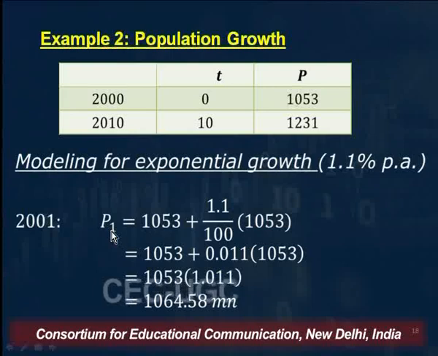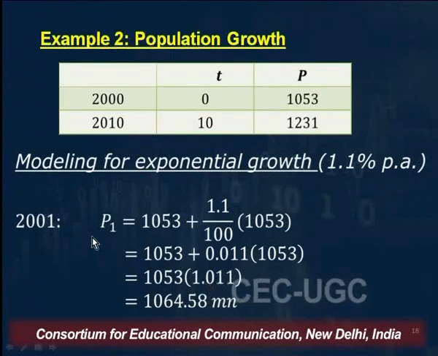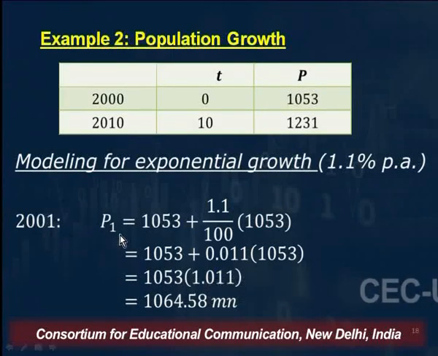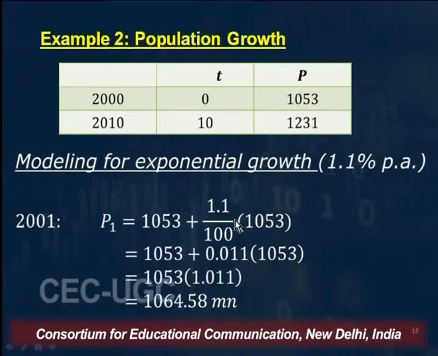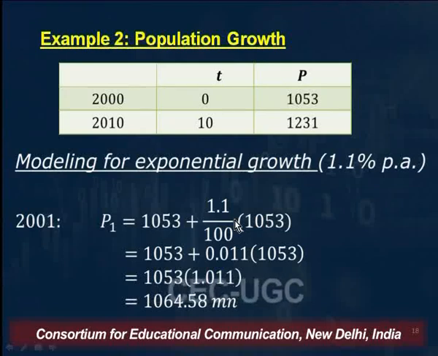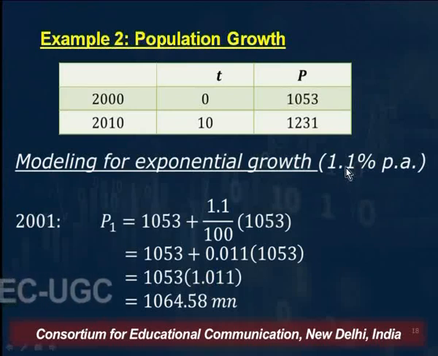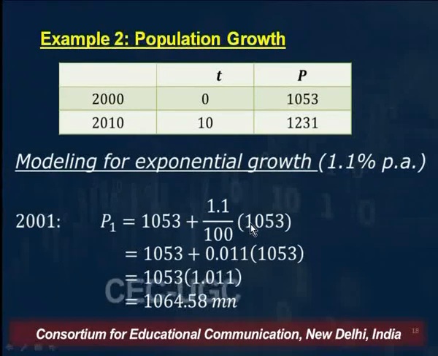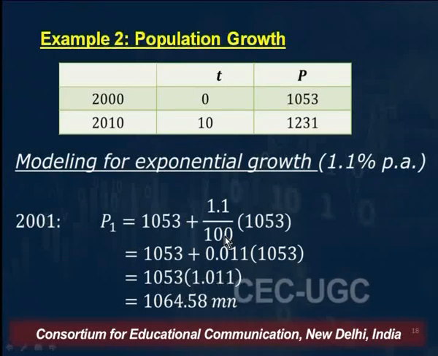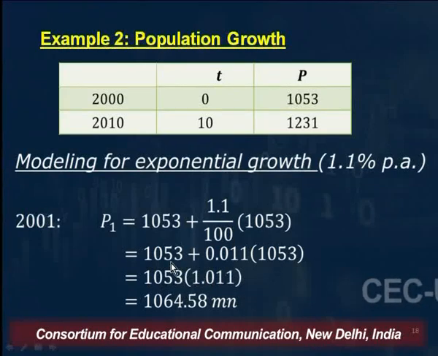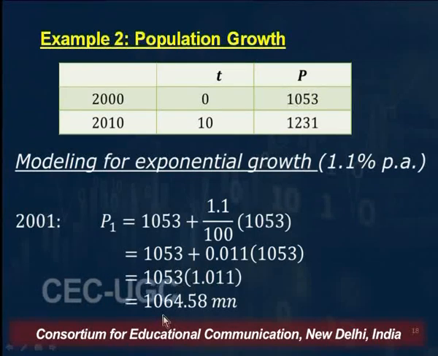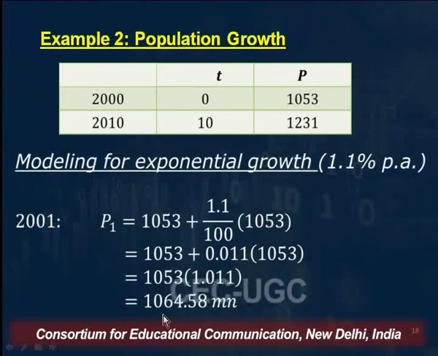2001, the population, because 2001 is period 1, the population in period 1 would then be the initial population, which is 1053. Again, I'm using the same principles that we used in the example on compound interest, because population is growing at a rate of 1.1% per annum. So 1053 times 1.1 divided by 100. So that will be added to your initial population 1053, and you get 1064.58 million as a population for the